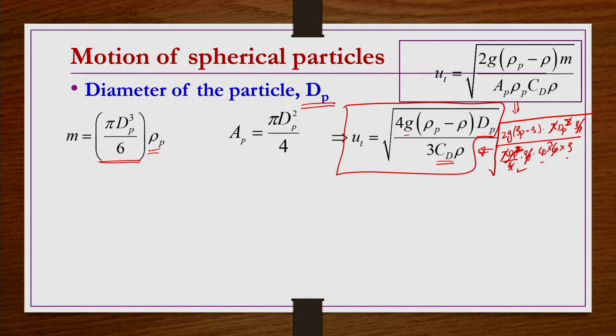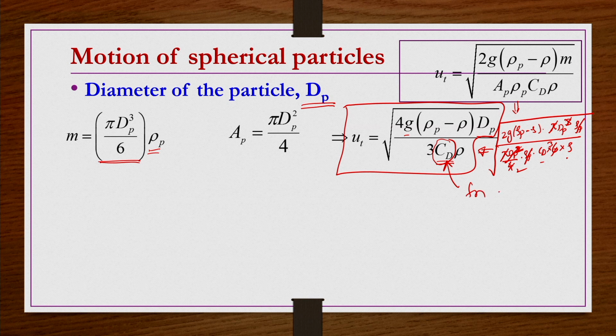Then similarly for spherical particles, we have Newton's flow regime, that is, if REP greater than 1000, then CD is equal to 0.4 to 0.45, it varies. Let us take 0.44, that CD value substitute here, then you will get the settling velocity of a spherical particle under Newton's flow regime. Whereas this velocity is valid for the entire range of Reynolds number, from very small Reynolds number less than 1 to Reynolds number RE 1000 or even more, right? Only the corresponding CD value one has to substitute here to get the expression.